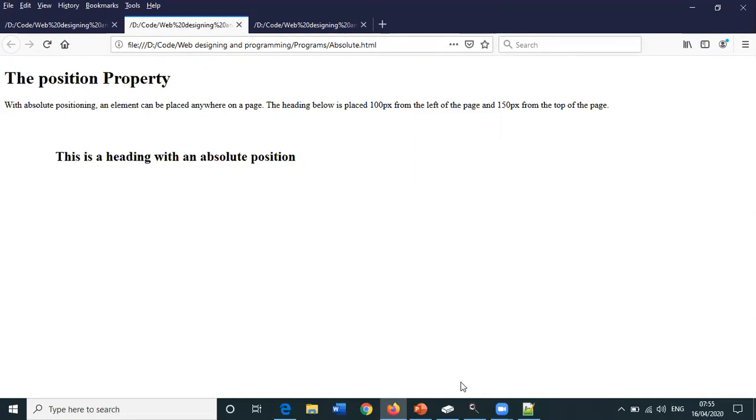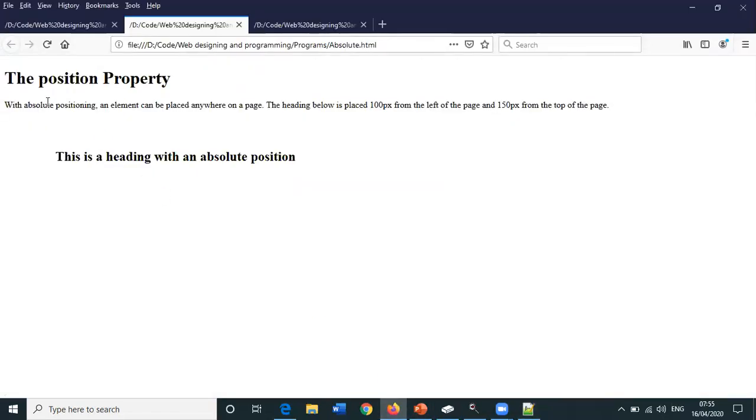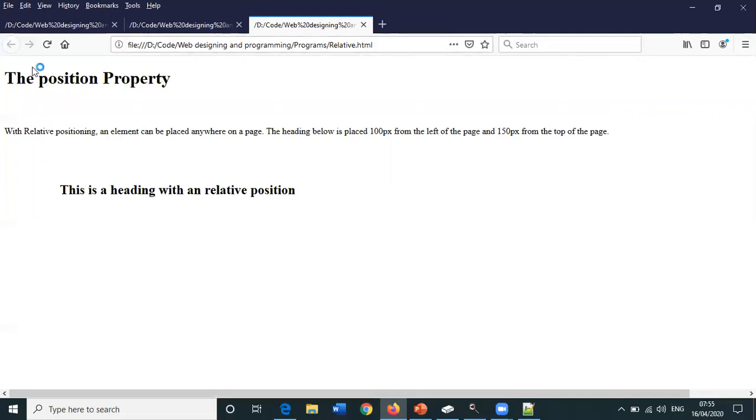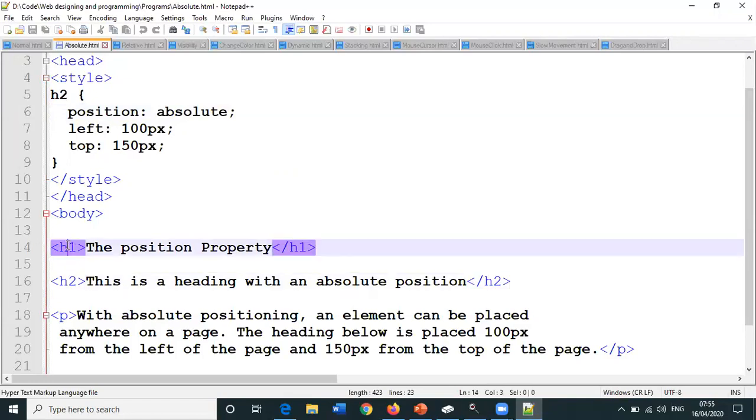By what values have we specified the absolute positioning: 100 pixels and 150 pixels. So here 100 pixels top and 100 pixels left. So it will be shifted by 100 and 150 pixels from the top of the screen. Whereas in relative position, what happens is, this was the original position as per the code. Why? Because this comes second. It comes after the H1. H2 comes after the H1.